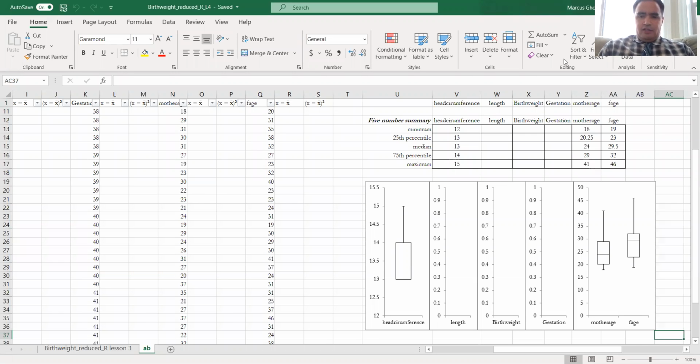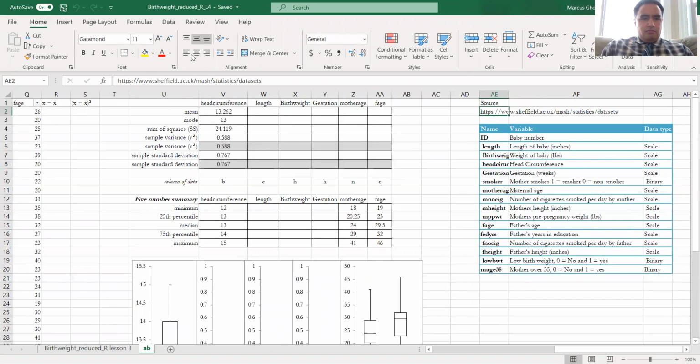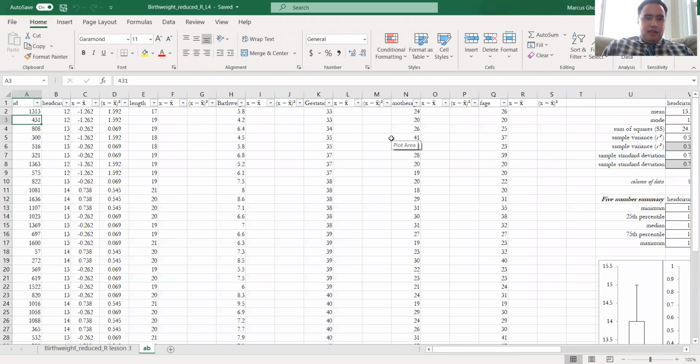All right, I have an Excel file here, and I've done a few things to it. Before I do that, let's talk about where this file came from. This came from sheffield.ac.uk MASH statistics datasets. I grabbed this because I thought it would be a data set that I could use in my classes, and to do that, I wanted to first start off